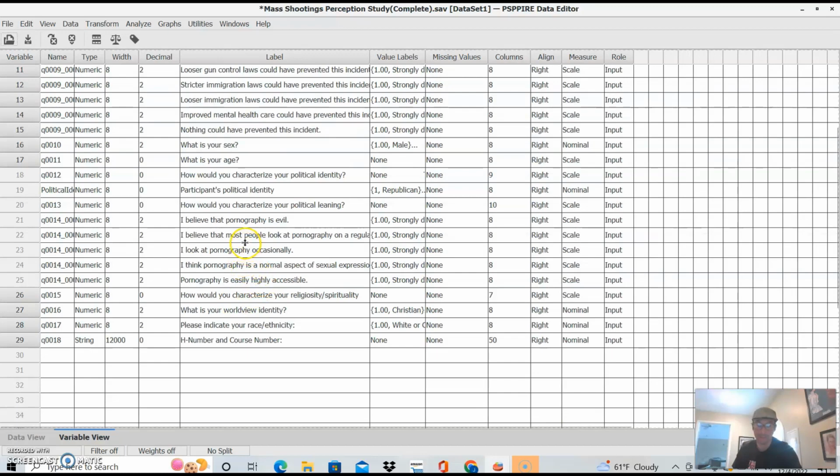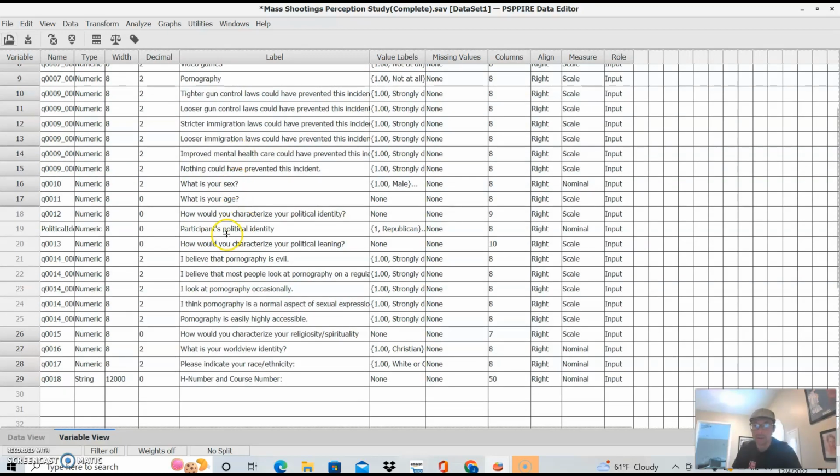However, and these are ones I would really suggest. Where did I go? I skipped too far ahead. Oh, no, there it is, right there. Political identity, right? So when we talk about our political identity, I actually like to use a slider scale where you've got Republican on one end and Democrat on the other, and they can slide the cursor to wherever they want it to be. So they might say, oh, I lean Democrat, but I'm not like hardcore Democrat. Either way, we can also ask them about their political leanings in terms of conservative versus liberal.